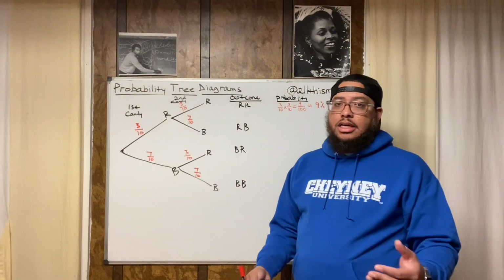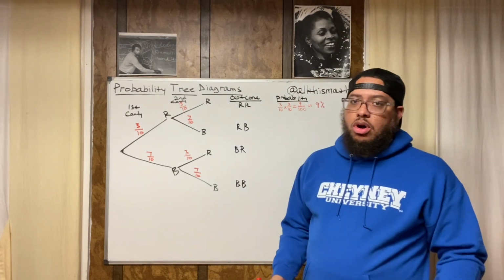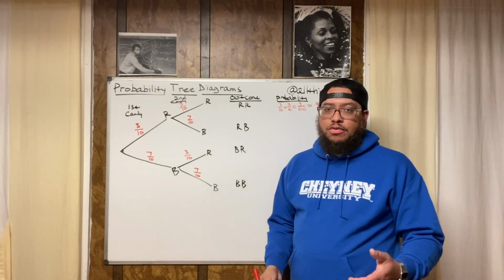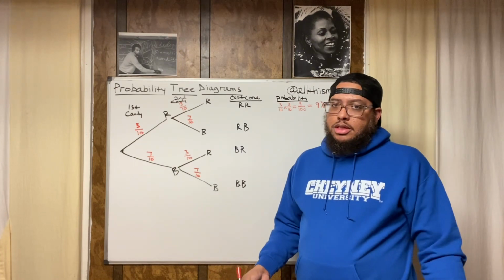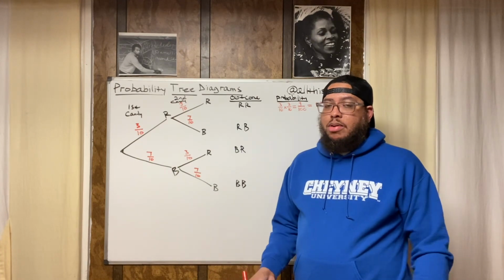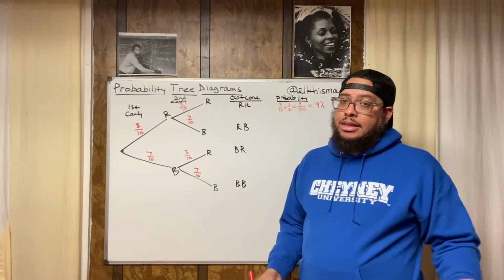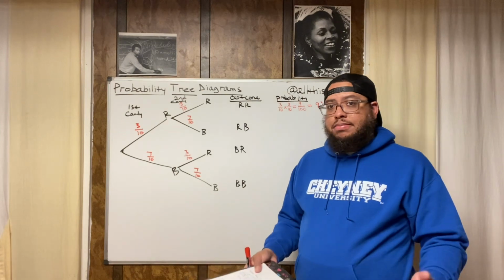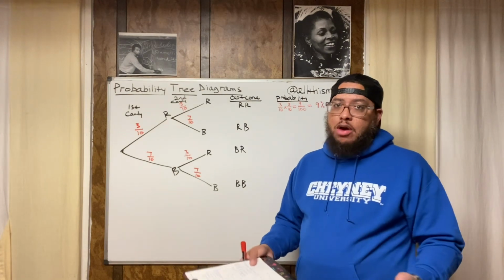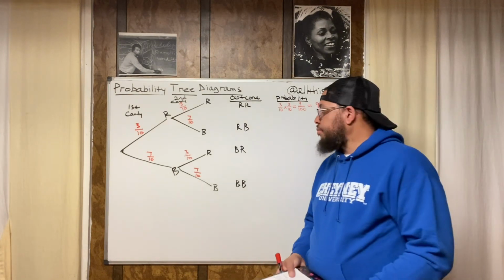Because if you know how likely it is for something to happen, then you know how much to bet if you wanted to bet. Like, should I bet on that happening? Because if it's not that likely of it happening, then it probably won't happen. At the same time, if it's something rare, it's probably going to pay out more, because it was rare.